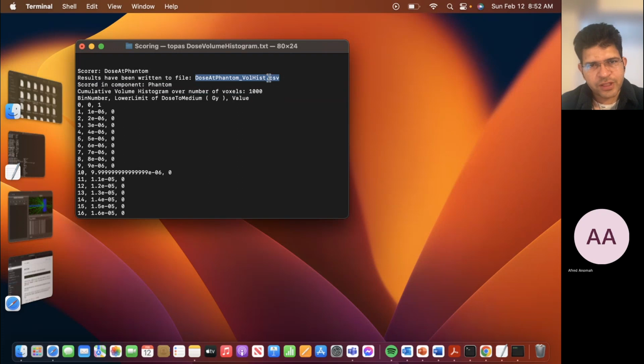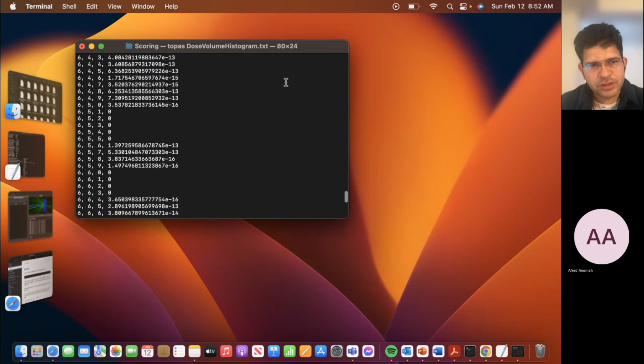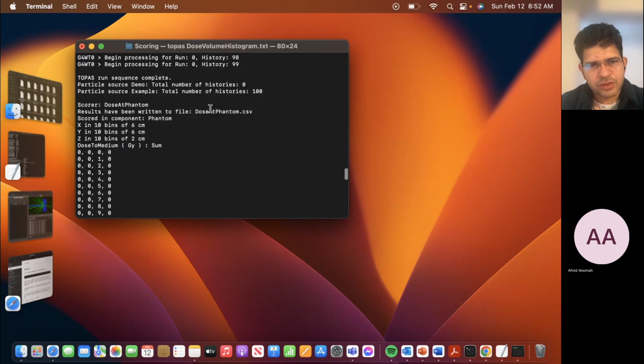It's dose at phantom volume hist, and this is the output of the dose deposited inside your phantom. So it's dose at phantom.csv. So yeah, this way you can